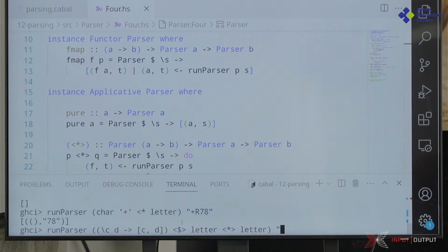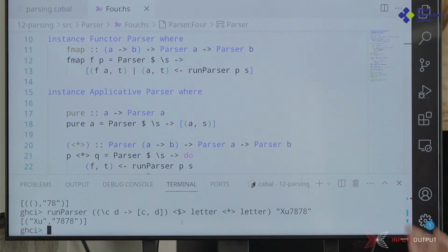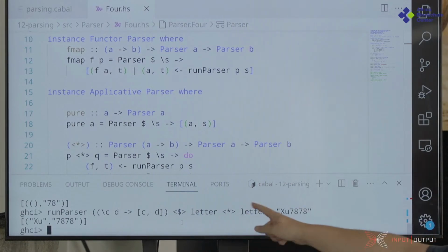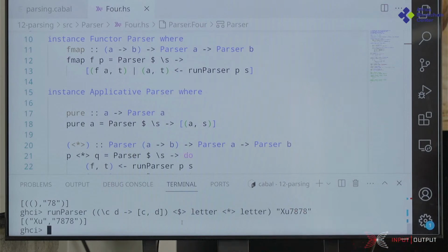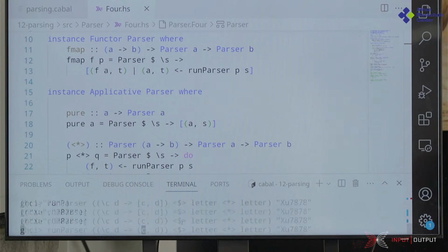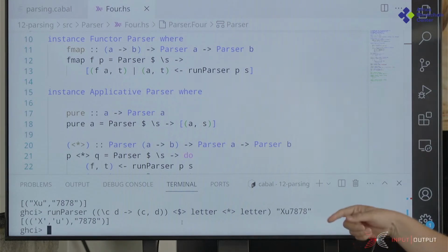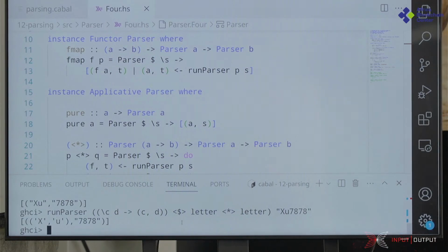And this will now pass one letter, pass two letters, and combine the results with the given function, which in this case just puts them into a list with those two characters. Which means in particular, if I did this here, then I would get this original version back, that combine could have gotten type parser A to parser B to